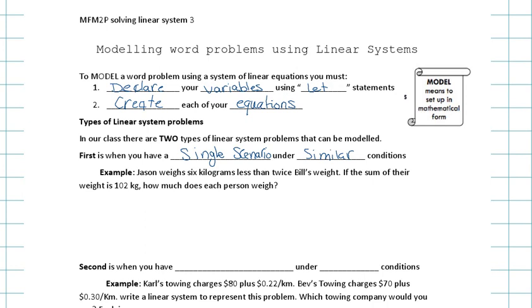Good. So this is what your let statement is going to be. So let J be Jason's weight, and let B be Bill's weight. Okay? So now you know what you're comparing. You're comparing this weight to that weight. You can call them whatever letters you like. So you're going to say let J represent Jason's weight, and B